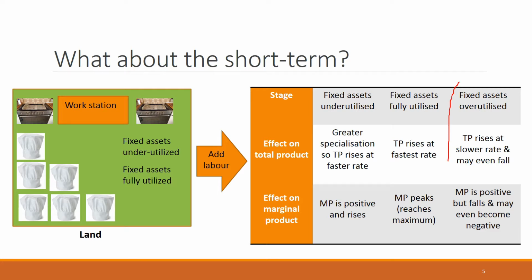How do we show that? In the third stage over here, where we have fixed assets being overutilized. And now if you increase the variable factors even more, what happens? Well, total product will continue to rise. We will produce more cookies initially. So marginal product at that stage is positive. However, the marginal product starts to fall, and that's where we get to the stage in the total product curve of a falling gradient, where the marginal product gets less and less and less